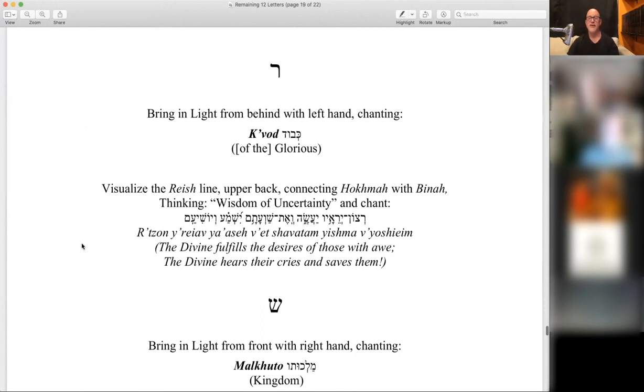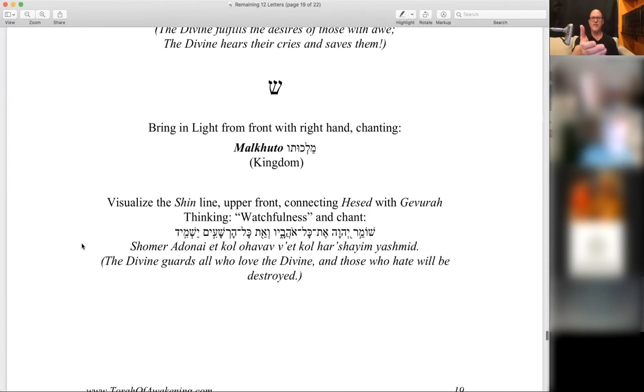Ritzon yireyav ya'aseh ve'et shavatam yishma v'yoshiem. Bringing in light from the front with Malchuto. Malchuto. Seeing the Shin line in front of you, connecting Chesed and Gevura. The energy of watchfulness, of guarding, Shomer. Shomer Adonai et kol ohavav ve'et kol reshaim